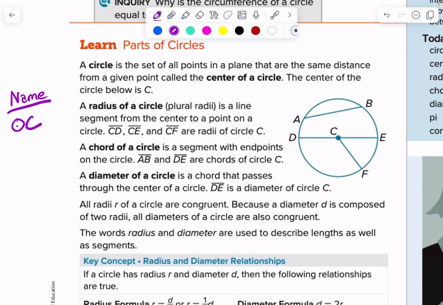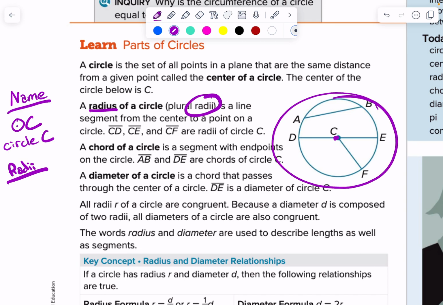And so you can either write out the words circle C, or you can do a circle with a dot in it and call it circle C that way. But C is the center of the circle, so that's how you name this circle, circle C. Okay. Within a circle, there are radius or radii, the plural of radius is radii. There are actually 3 radii in this circle, and it doesn't matter